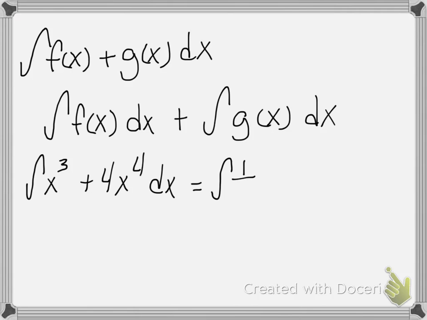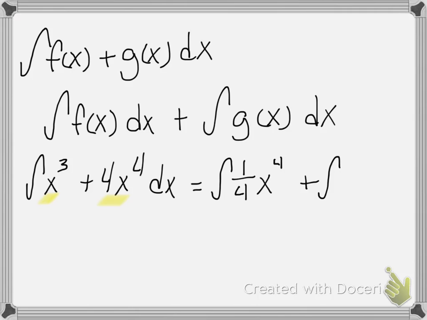So you're going to have 1 over your n plus 1, which in this case is our n, for our f of x, and this is going to be our g of x. So for the f of x part, we're going to have 1 over 3 plus 1, which is 4, x to the n plus 1, which is 4, and that's going to be plus the integral of